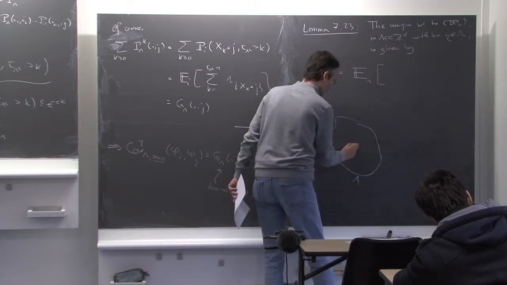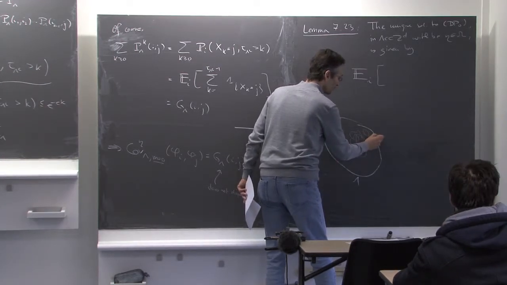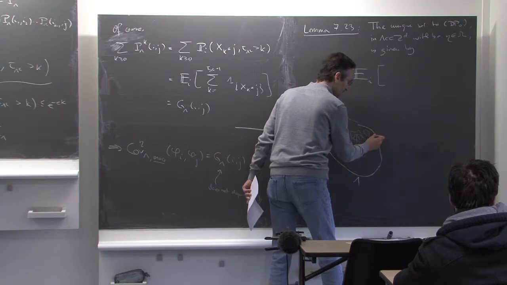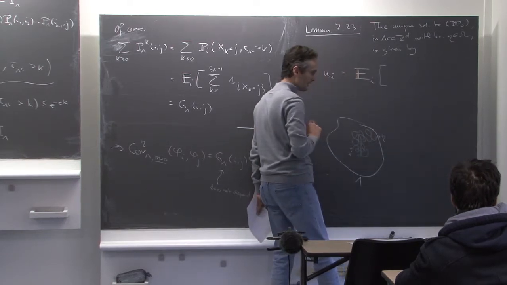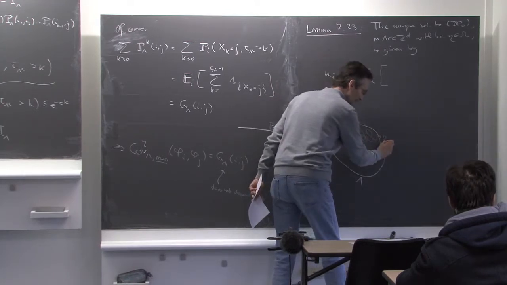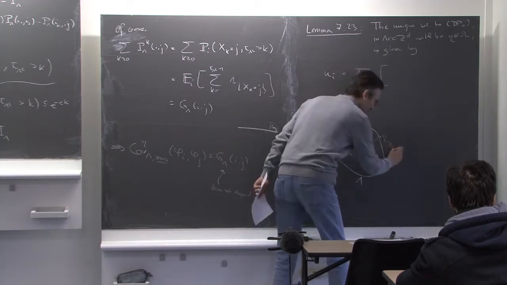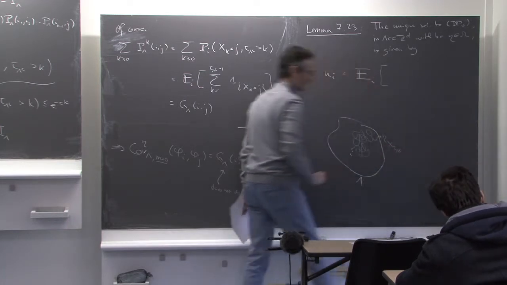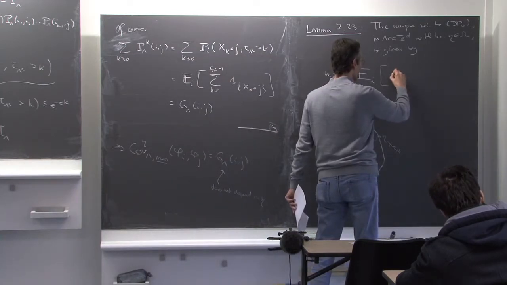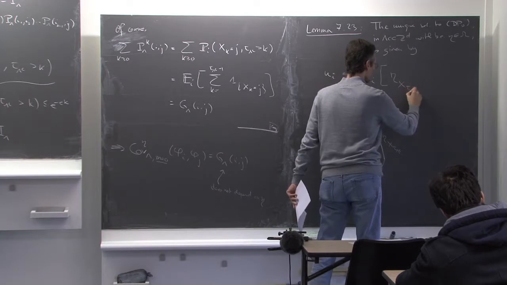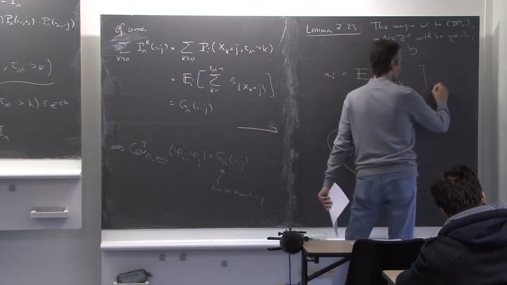So let's run the random walk starting from I, so it's running. And at some point it exits the box. What I do is I look at the value of the boundary condition here. The boundary condition is given by eta, and what is this point? It's the point x, the position of my random walk at the time where it exits the box, so tau lambda c. A lot of indices, but then you just take the expected value of this: the expectation of eta of x tau lambda c, for all I in lambda. Actually, for all I in Z.